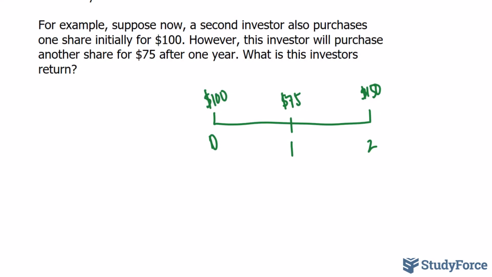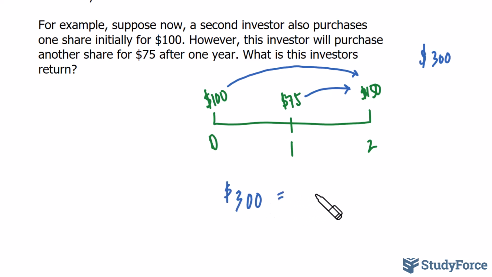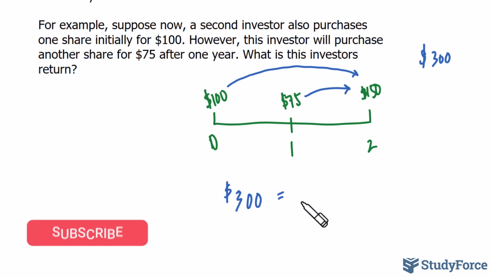Now, unlike before, since 2 shares have been purchased, if this investor were to sell after 2 years, they would have $300. What we have to do to calculate the investor's return as a percentage is we must defer this for 2 years and defer this one for 1 year. So we have the total amount that the investor will earn is equal to the future value of that investment using the future value of compound interest formula,